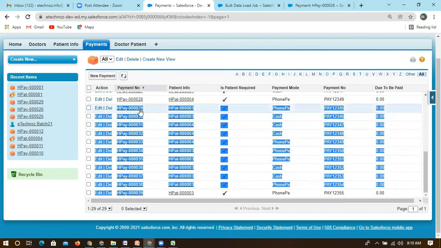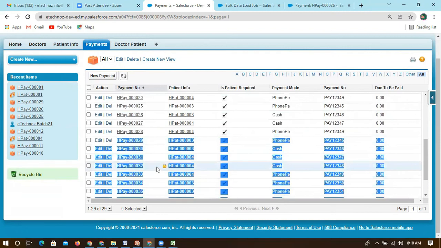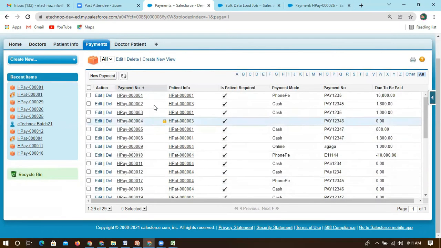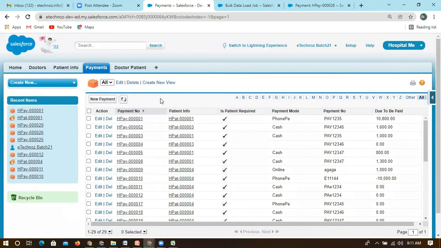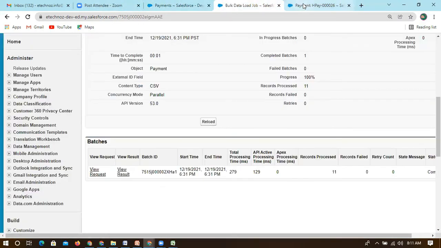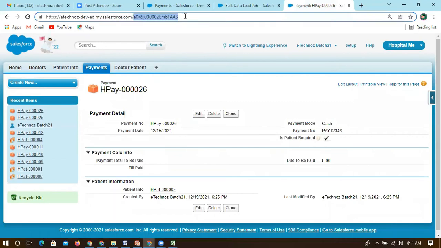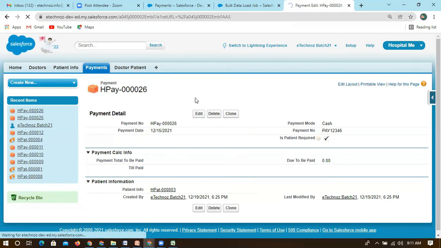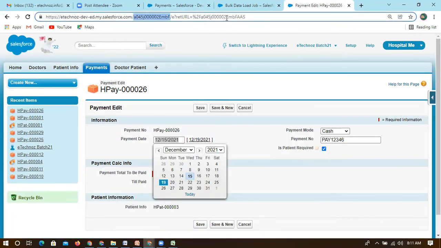If I want to update this data, I need to have this ID. Otherwise, we cannot update this information within Salesforce. If you want to create data, you don't need any required ID, only the data formats you have to check. Automatically, it will generate one ID, which is provided by Salesforce. This ID will be generated automatically within the system when you have given proper data. If you want to update it and click edit, you can see this is the ID you are updating here.